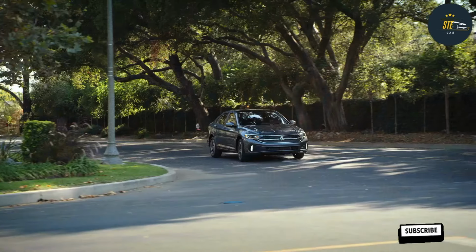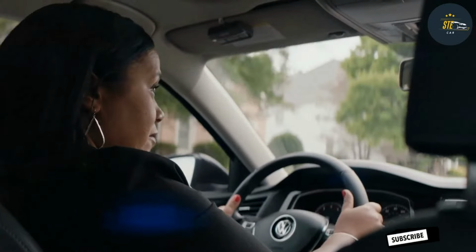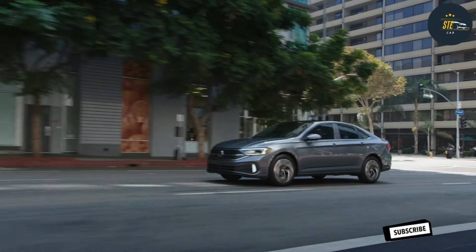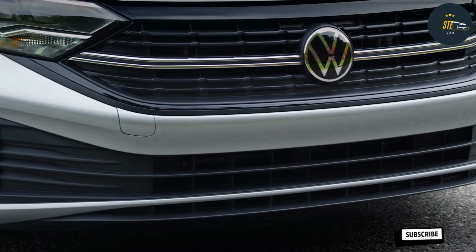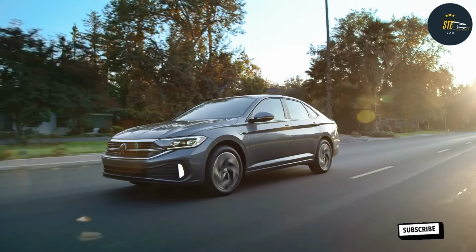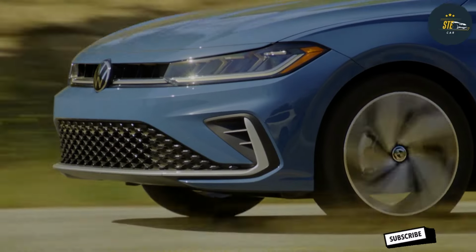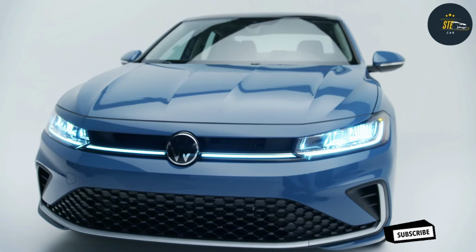Then came the 2025 model. At first glance, the front of the 2025 Jetta is a mixed bag but looks decent from a distance. The new front bumper is a standout, and the idea of a slimmer grille is commendable. However, the finer details let it down. For example, the new light bar in the front grille follows the current trend in automotive design, which often doesn't